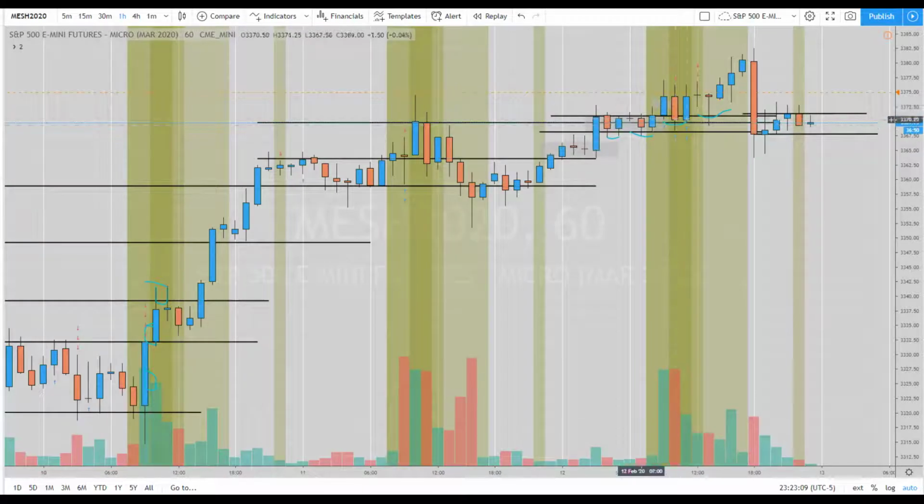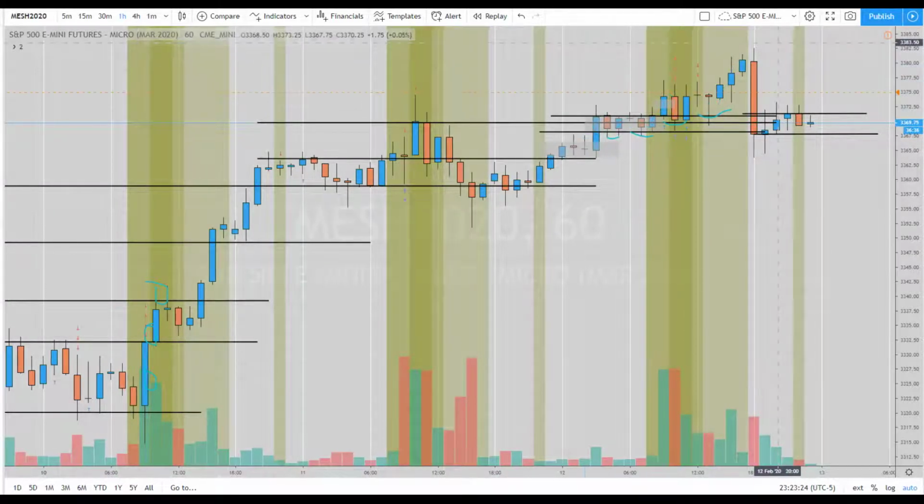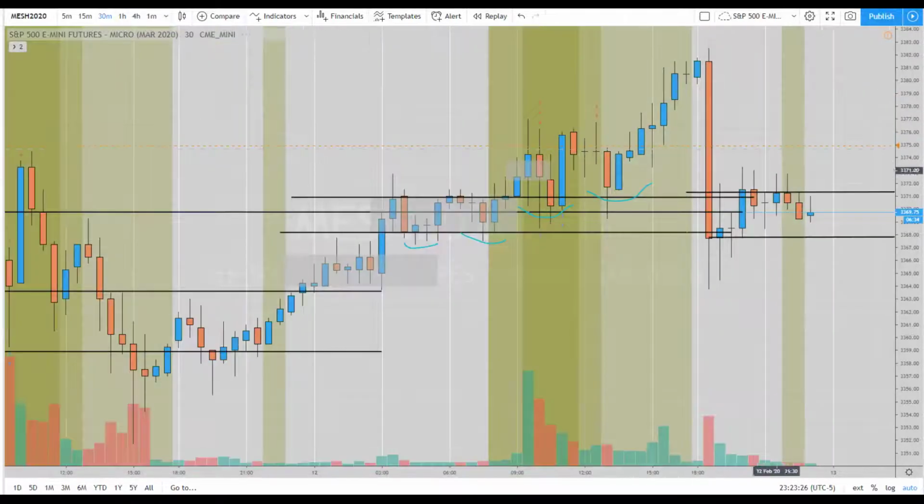But again, you get the beautiful bend right here, right? Price just consolidates in this box, pulls up, it breaks down, comes down to retest, pulls up again, down, and then pulls up, which is beautiful. On the 30-minute,